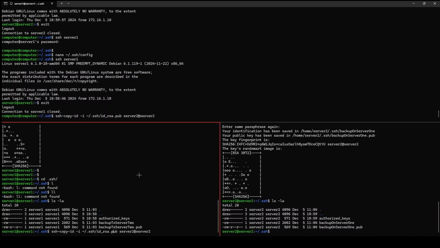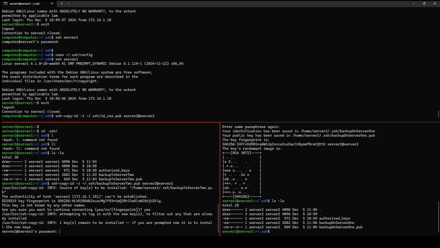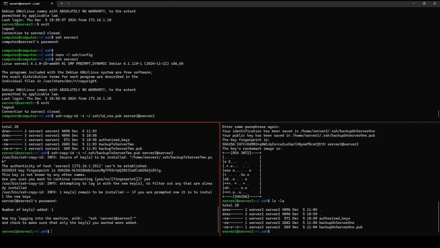Okay, so copy the file backup to server 2 dot public key to server 2. Yes, the password. Okay, and so now if I do SSH server 2 at server 2,